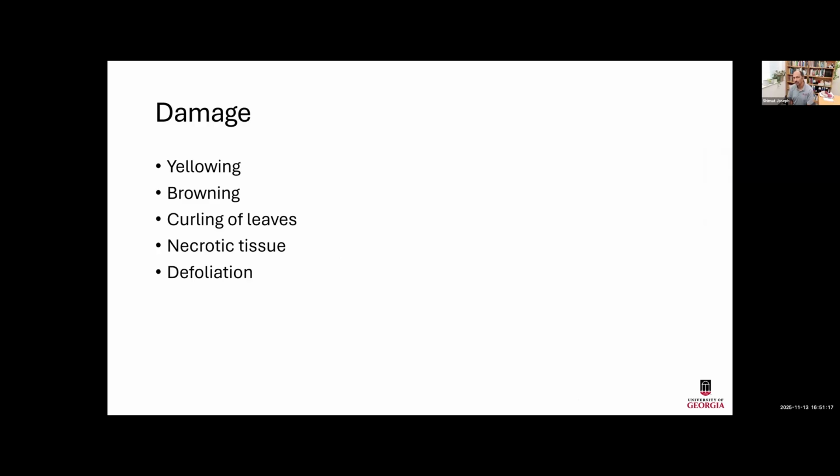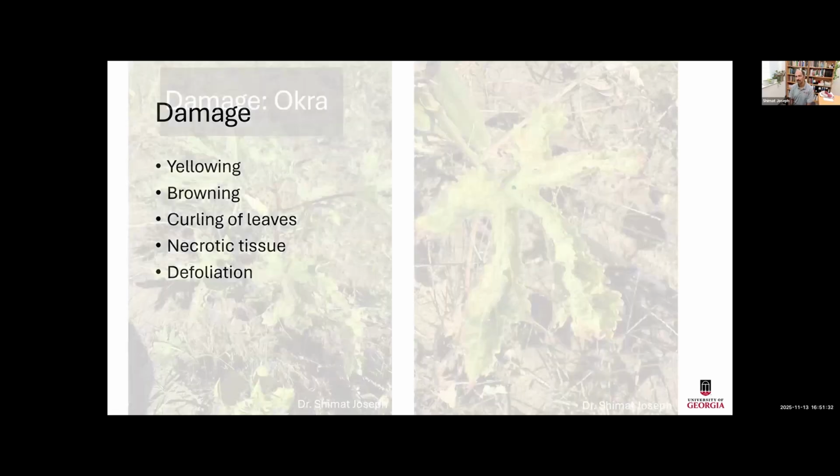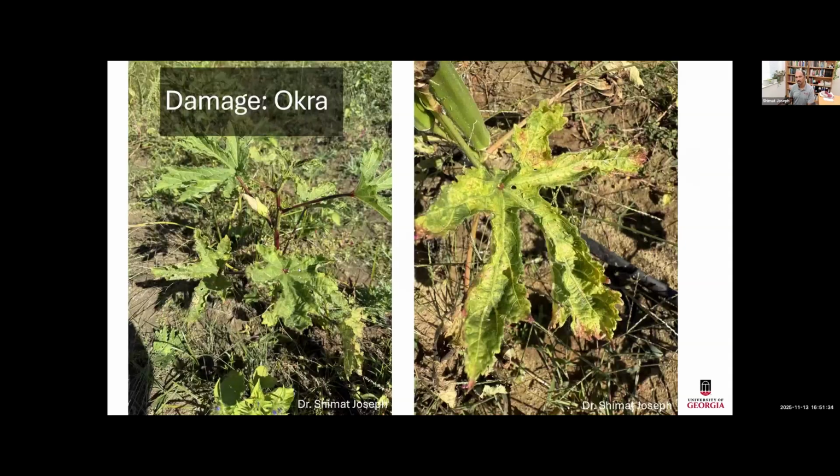What it will do: yellowing, browning, and it will curl the leaves and cause necrosis, meaning the curled affected portion of the leaves becomes brown in color. That's what it says, and eventually the leaf will drop. I'll show you some pictures on that. This is on okra. As you can see, the leaves are basically stunted, right? The plant is basically stunted, and you can see it kind of curls upward in this case. And these are all the leafhoppers you can see over here in the picture. With that feeding, the yellowing comes in, the leaves curl up, and eventually some areas become necrotic.